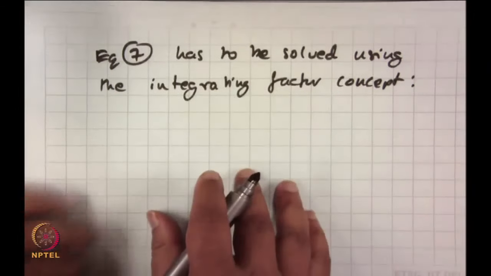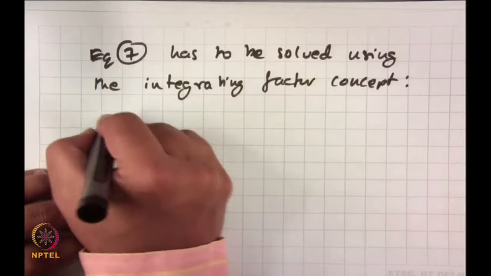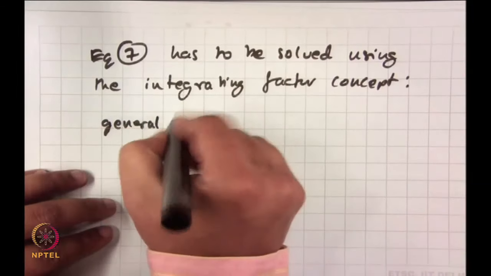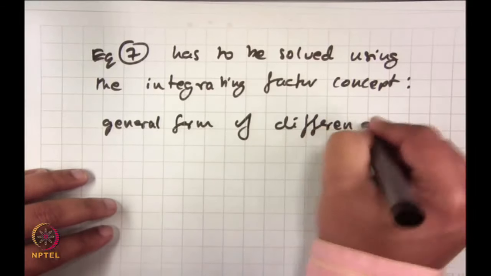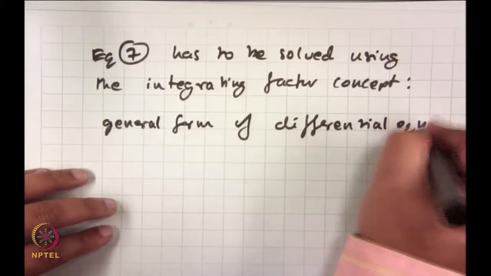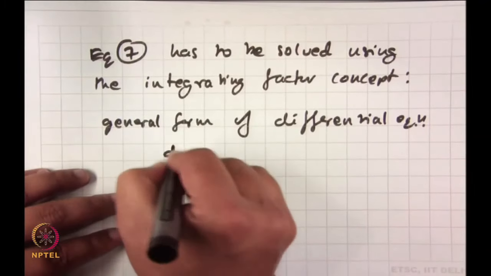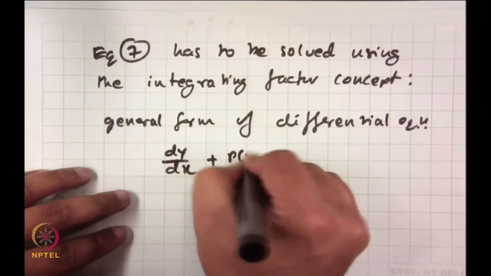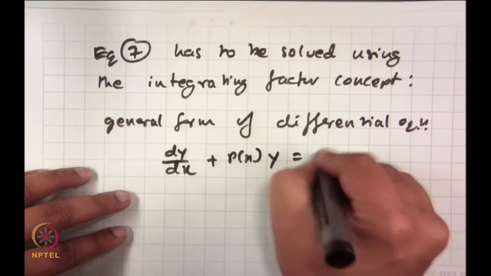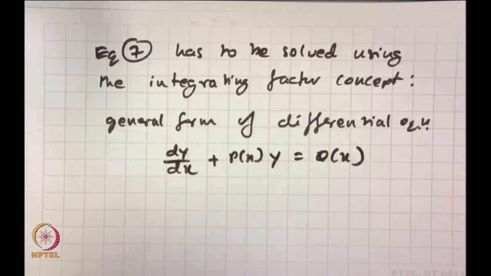The general form of such an expression can be written as dy d of x plus p of x y is equal to q of x. I guess that is what we have, right. Okay. So, dy dx is y prime, and if you are going to solve it, you take an integrating factor